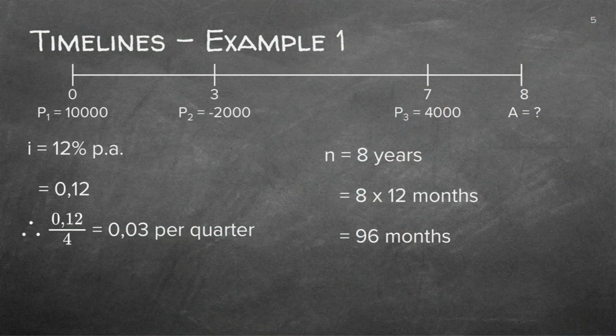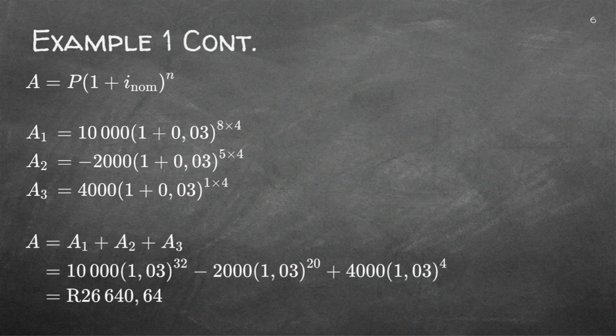There's the timeline. Now you see here, they worked out that it's 0.03. So if you do not want to do that fraction all the time in each sum, you can work it out, and you can just use the 0.03. Just make very sure that you don't just do it in your head, because I know if you do it in your head, you're going to say 0.3. It happens very often. So rather do it on a calculator.